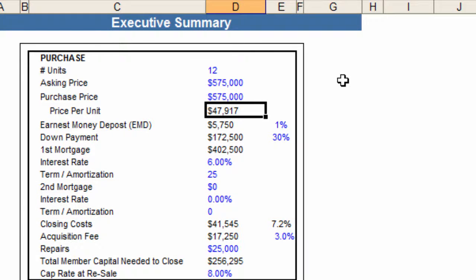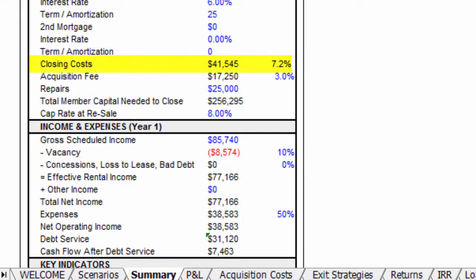If you go down a little bit, there's closing costs. We'll get back to that in a second. That's automatically calculated. We also have an acquisition fee that we're building in. An acquisition fee is something that you pay yourself for putting the deal together at closing. The default here is 3%. And you have a placeholder of about $25,000 in repairs as well. Your cap rate at resale is 8%. This happens to be an area where the cap rate is about 7.5%, so we're trying to be a little